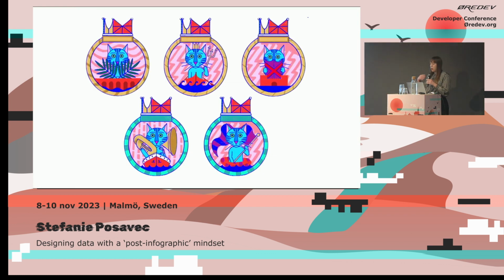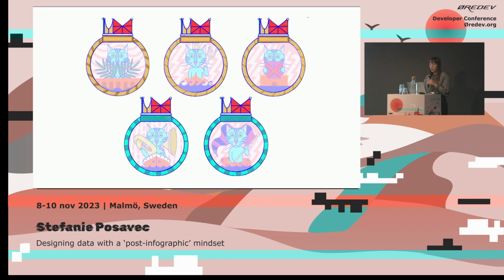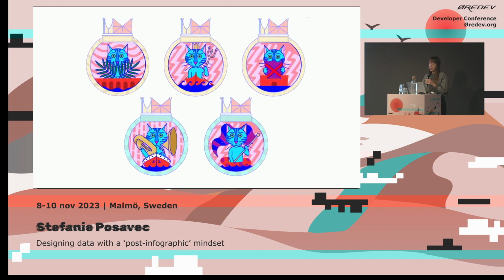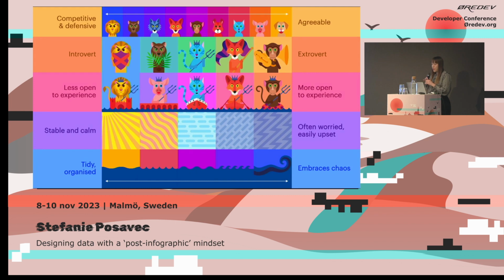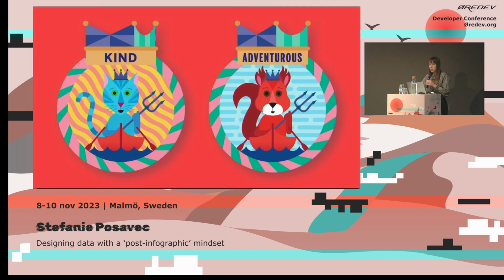So, I made these first sketches where every word used by visitors to describe themselves is one badge, where demographic data would inform the external frame of the badge, and then the internal watery scene would be created from visitors' personality scores. And in this scene, the 5 facets of the personality test were visualized by the chosen animal and what they were holding, what they were sitting in, the weather and the sea behind them, where every element had a reason. And this is what the final badges look like, where